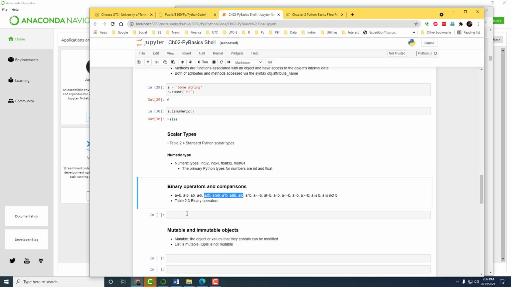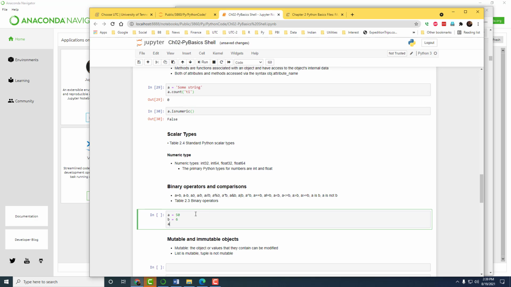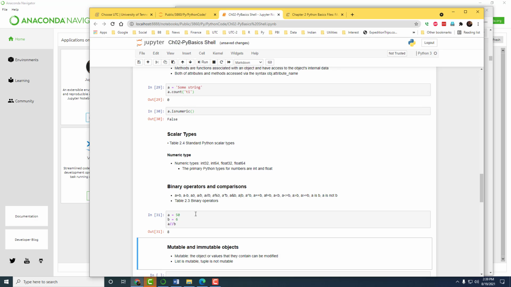So let's try it out. Say a equal to 50, b equal to 6, and then if you do a double-divide b, you find the answer for that division.